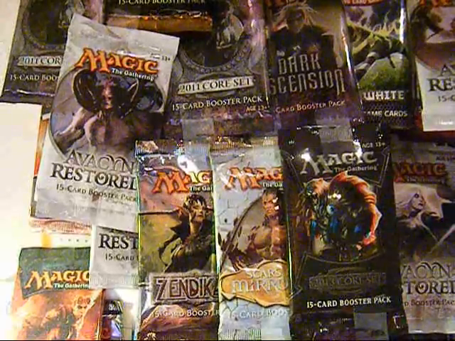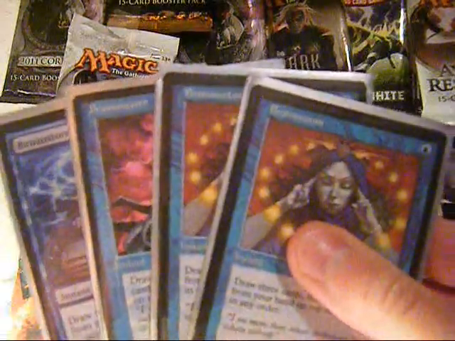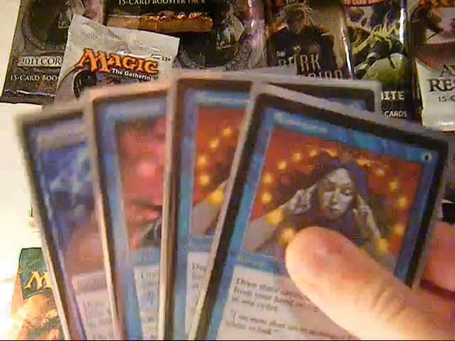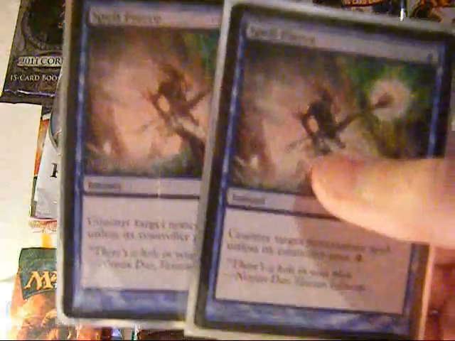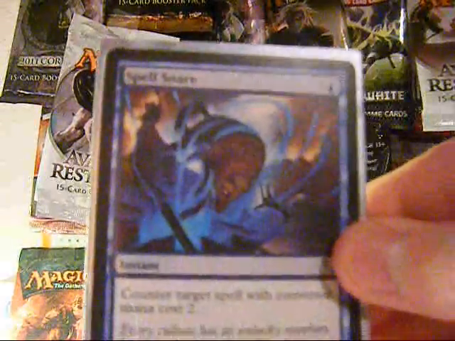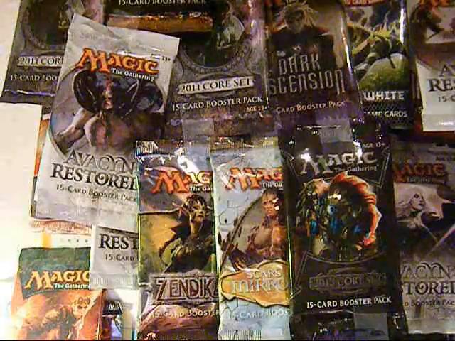Next we have the spells. There are lots of useful 1-drops because it helps pump up our Dryad. Playset of Brainstorm. My favorite thing to do with these is, in response to an attack, Brainstorm and then pray for a removal spell. So, I gotta love Brainstorm. 2 Spell Pierce for the early game. Counter target non-creature spell unless they pay 2. Spell Snare. Pretty solid. Gets rid of Goyfs and even Mystics, so